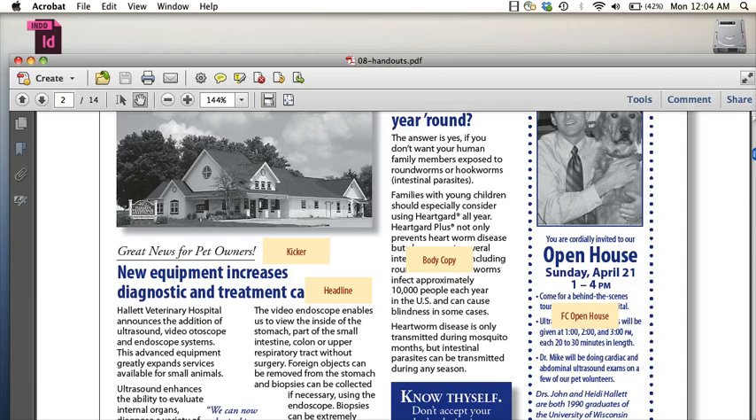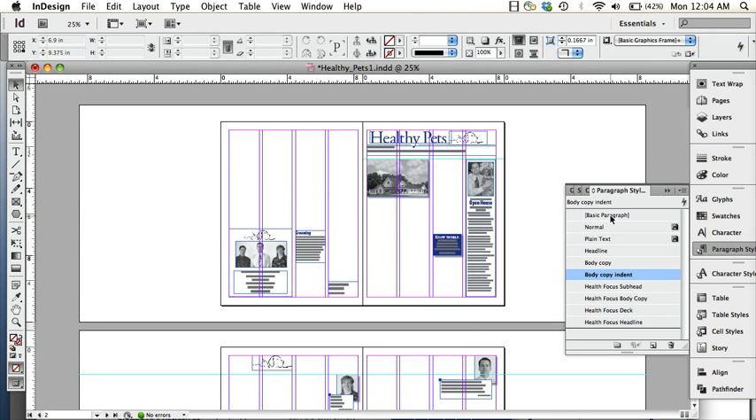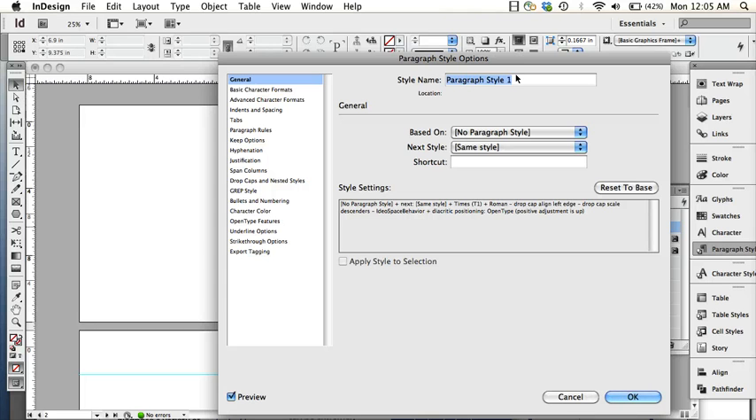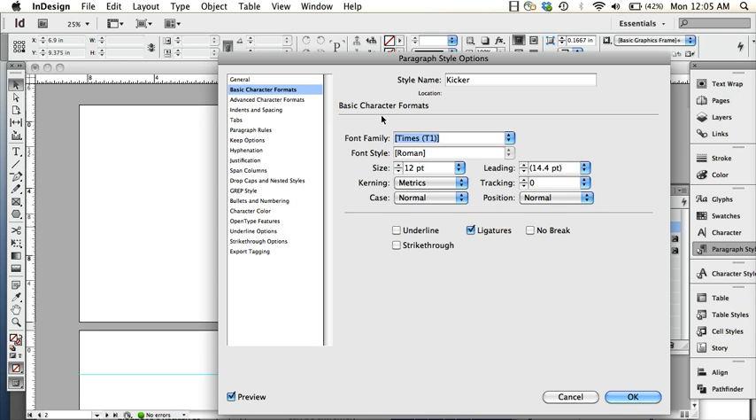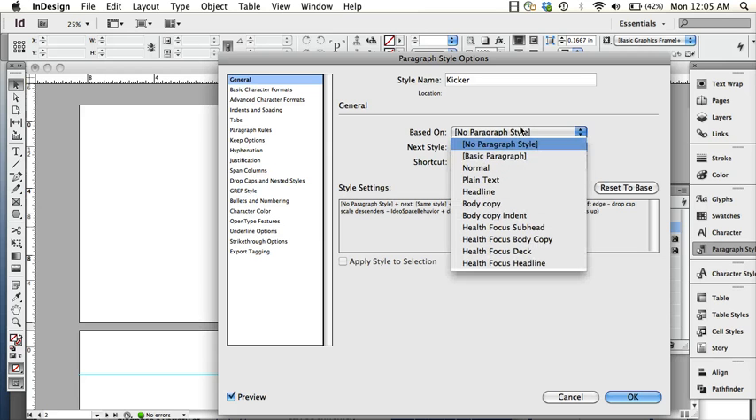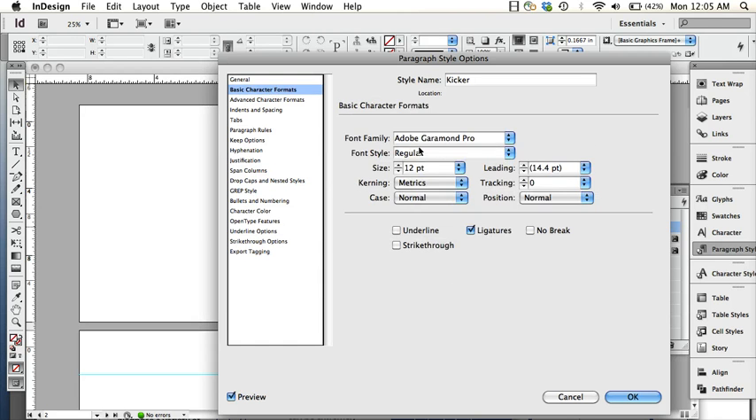Here's my InDesign file. Okay, so we're going to go to new, and then again paragraph style 1. We're going to change that name to kicker, and then use the specified font, which is Adobe Garamond. Again, if you don't have specific fonts, you can pick something that looks similar. And then we're going to base it on, okay, it's going to be based on nothing. No paragraph style, which it is already. Okay, good. And then I forgot, I have to make it italic, and then